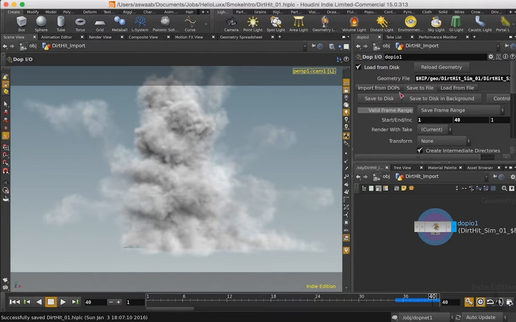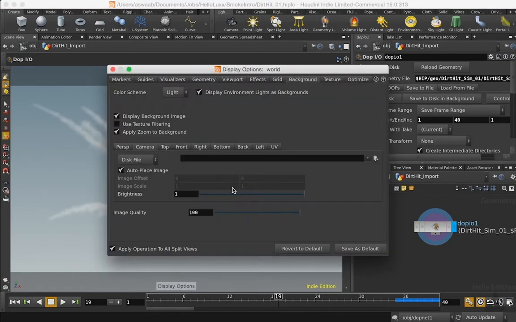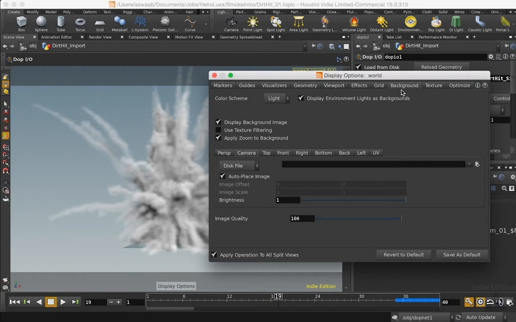Okay, so our scene is done, and I've loaded it up from disk here. Now we'll take a look at how to render this and incorporate it into a background plate. So I've prepared a background plate for this. Unfortunately, that cannot get included in the downloads here because it's a copywritten image. I got the image from textures.com, so you can search for that plate and then download it and prepare it yourself. I've just kind of extended the sky a little bit on it, but I'm going to go into the